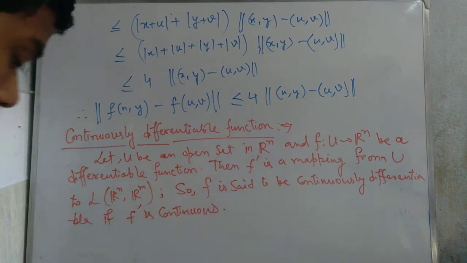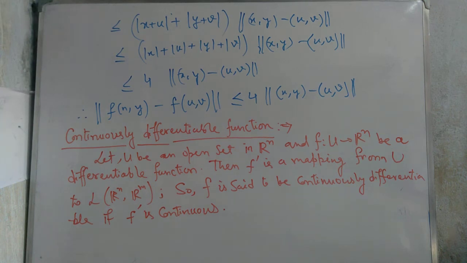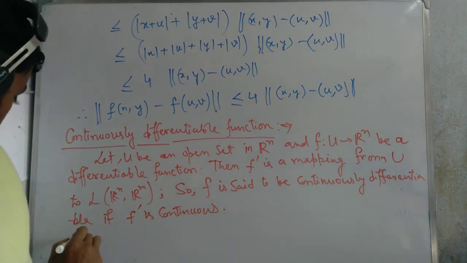Okay, now f dash is continuous means for each x belongs to U,